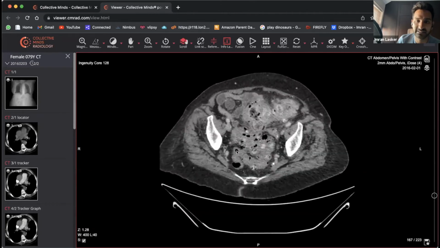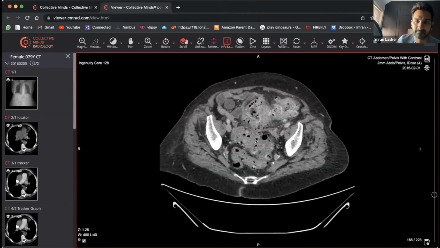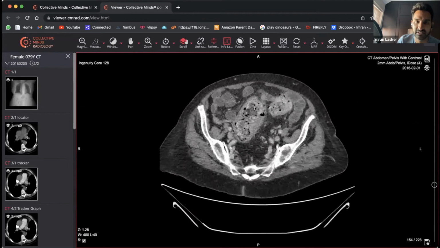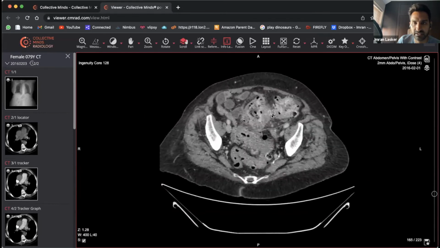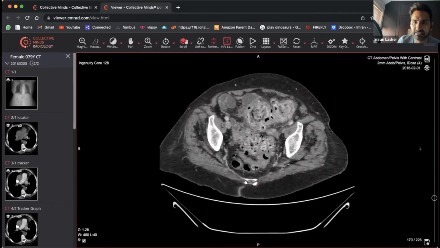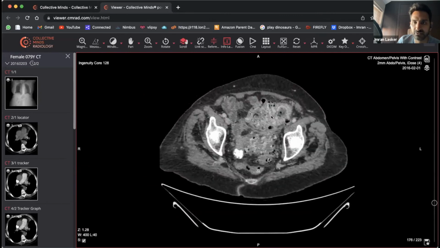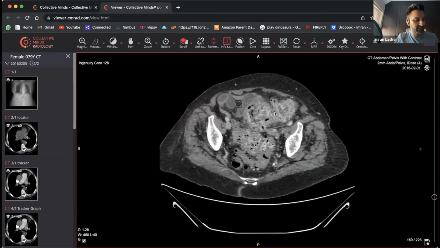So let's follow, and we can see that kind of zigzagging thing over there. And coming up to this region, you can see that looks a bit fecally loaded. And actually, if you look at the fat around it, it looks very abnormal, right? And you're coming up to here, and it doesn't seem to be focally located within a particular diverticulum, because it